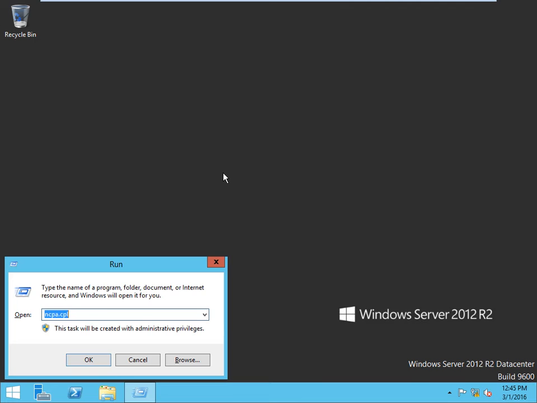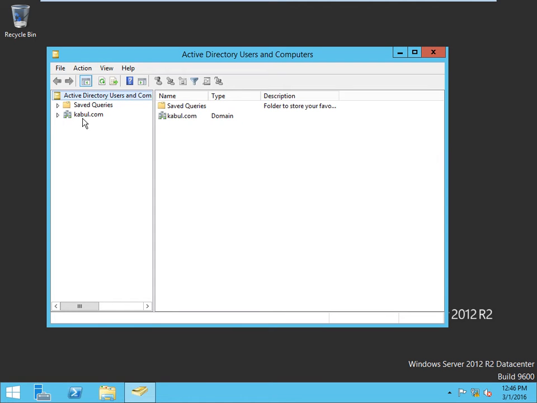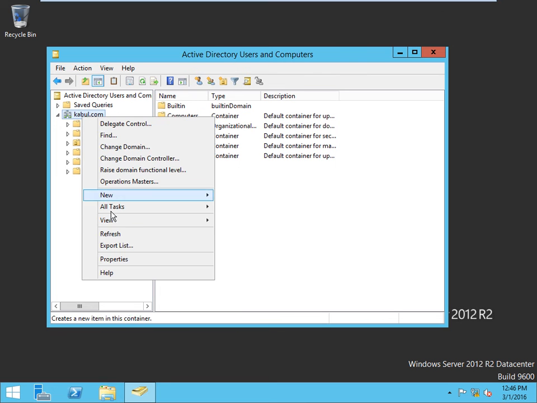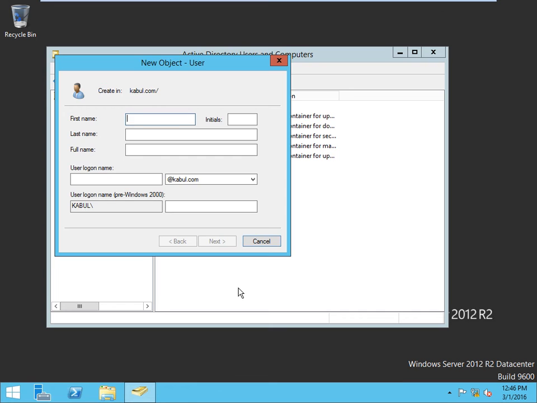In this system, do one thing. Type dsa.msc and just create one user account, so that in future we will use it. Right click, new, user. User is suppose user 100.